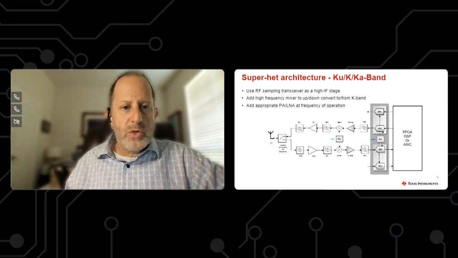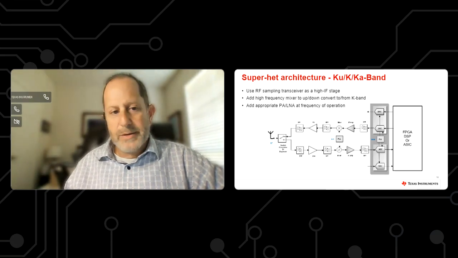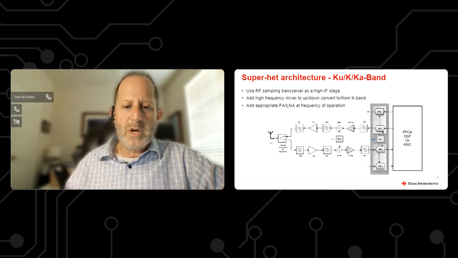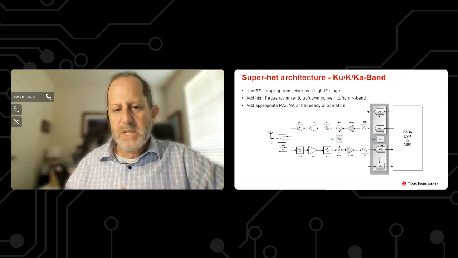I want to introduce the superhead. This is not what I call the conventional superhead architecture. The conventional superhead architecture would maybe up convert to some relatively low IF frequency, maybe a few hundred megahertz, and then you would mix up to the RF realm. That's not exactly what we're doing here. We're just scaling this up, pushing this up to higher frequencies. We're still using the RF sampling architecture with this block, going effectively straight from digital baseband up to RF frequencies here. So it's RF frequencies, but for this purpose, we'll call it the IF.